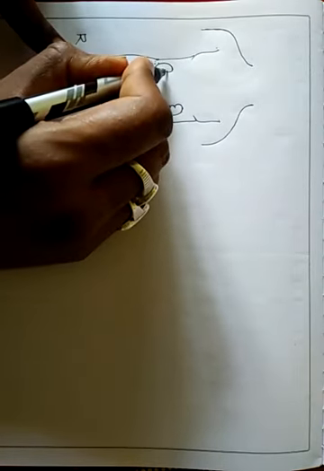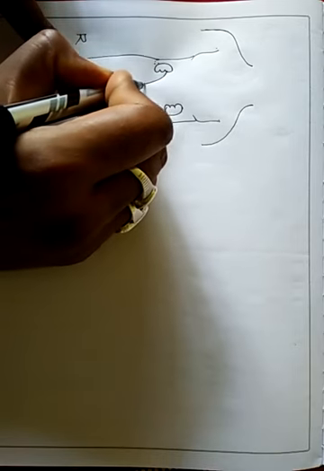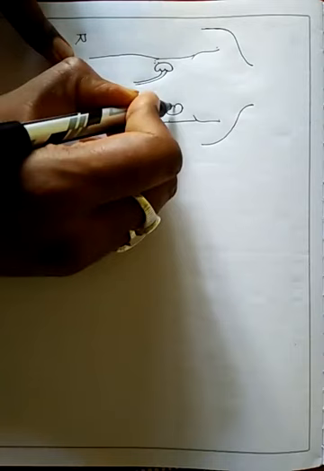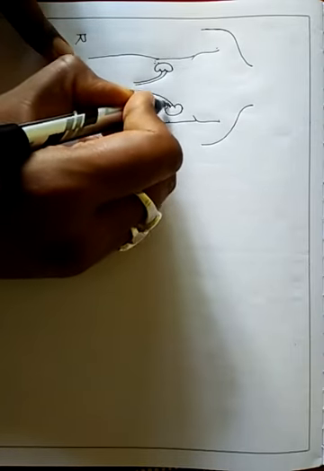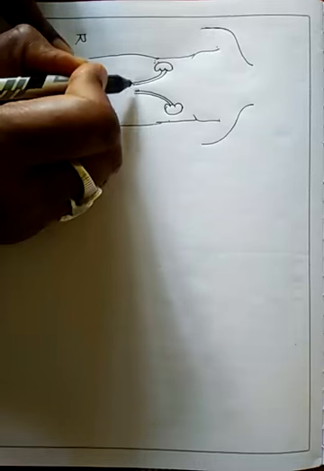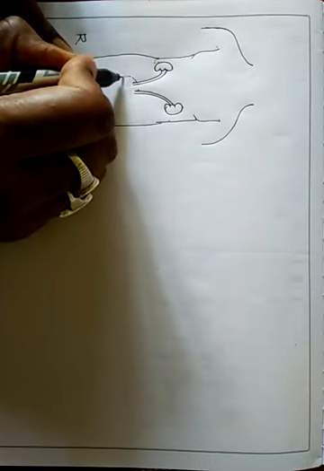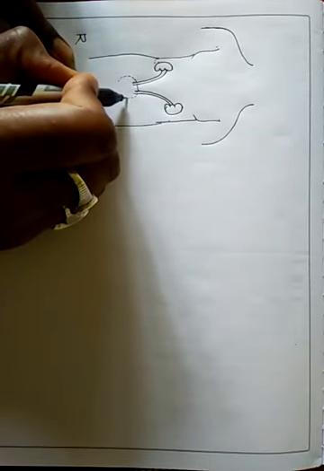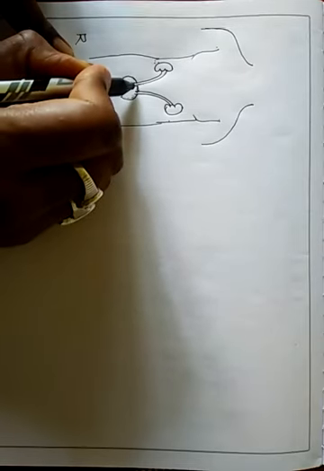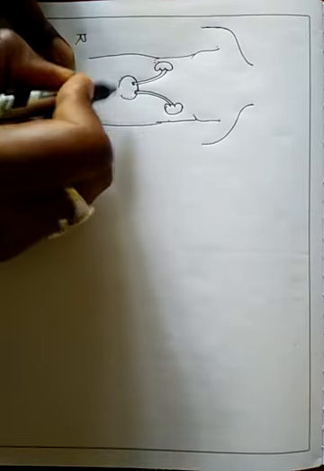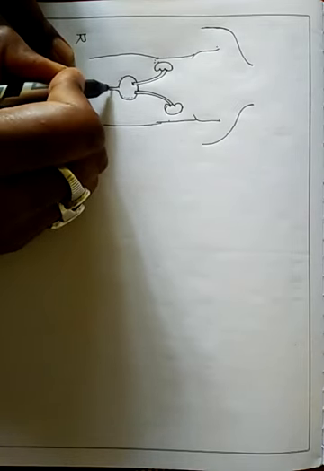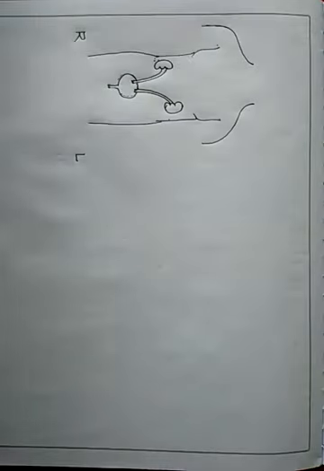Now the ureter will come out. You can say this pipe like structure, we called it ureter, through which urine will come out from the kidney and they will meet in urinary bladder, isn't it? They will go and meet in the urinary bladder. This is the opening, and after that this is the urethra part through which urine will be excreted out from our body time to time, isn't it?